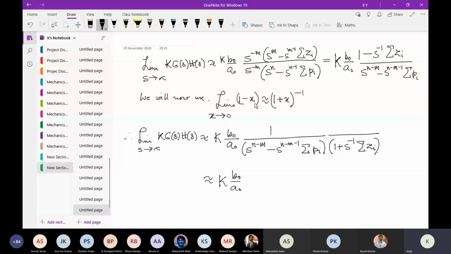Limit as 1 minus x, x tends to infinity. So I can write it as 1 by 1 plus x. No, yes, sir, it's correct. So that is what we are doing here. Okay? This is a kind of involved derivation, so please bear with me. So this term can further be approximated by removing another higher order term, and I will be getting s to the power n minus m